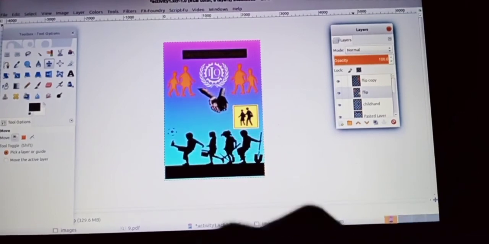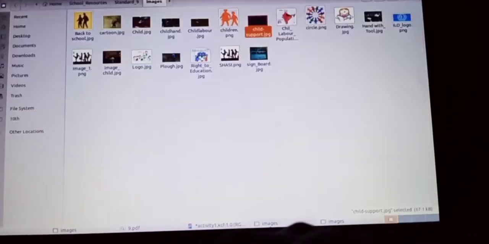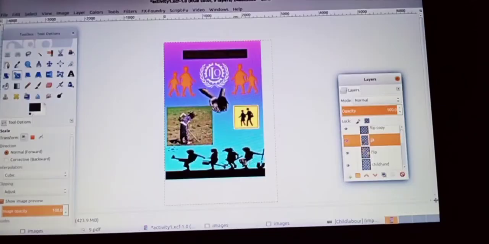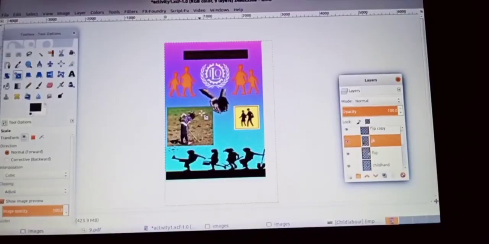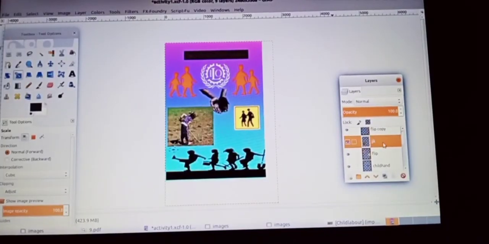For that, first of all, select the layer which includes the picture that you have to blur. So we want to bring another image from the images folder showing the face of a child. Here you want to blur the face of this girl child. Okay, so we can see how we can blur the face. Now the selection is in the new layer in the layer palette.